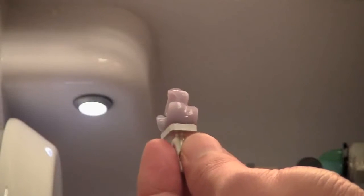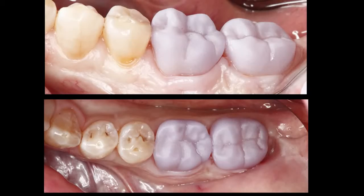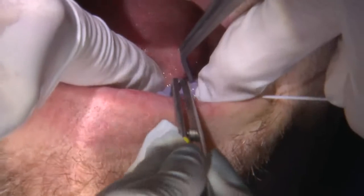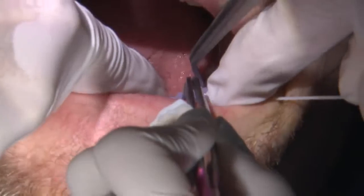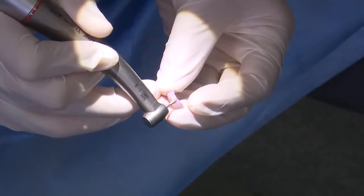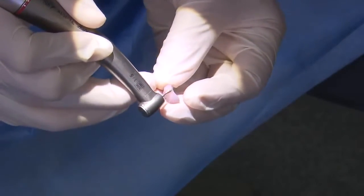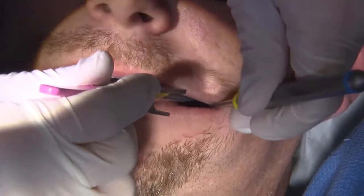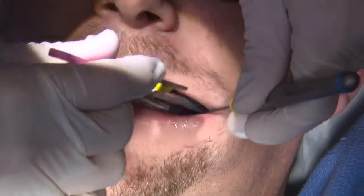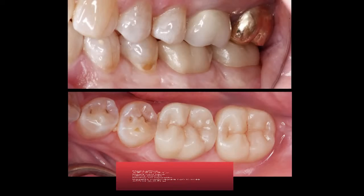And during that process, it crystallizes, and here I do try in the restorations prior to putting them in the porcelain furnace for its crystallization cycle, because at this stage I want to adjust the contacts to how I like them. I verify that the occlusion is where I want it, and if there's any adjustments that need to be made, it's much easier to do. Take advantage of the required porcelain oven cycle and add a few stains to the